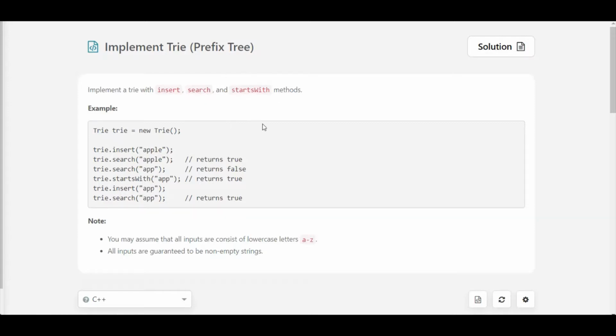Now startsWith is the prefix search. So we will just find out if that prefix string is present in our trie structure or not. And for search, we will find out if the entire string is present or not. So there is a small difference between searching and prefix searching, and we will see that while we discuss the code. So this is our input, what our input will look like. And let's check out the implementation on pen and paper.